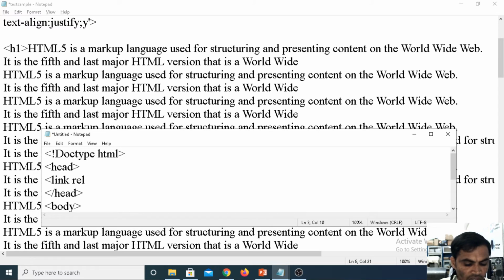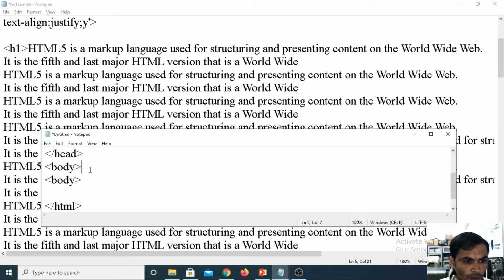Under the link tag, we have rel, with the value stylesheet. Then we have href, the hypertext reference, where we give the path of your CSS, mystyle.css.